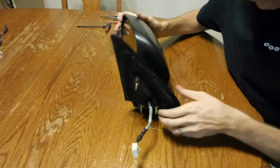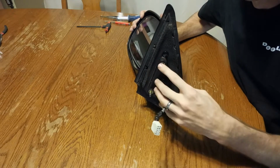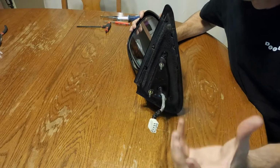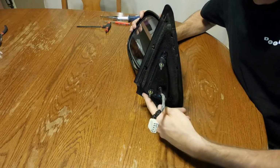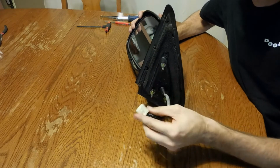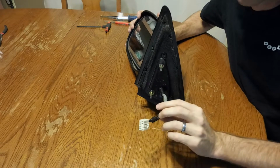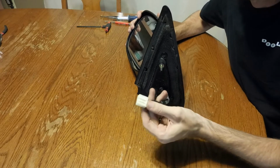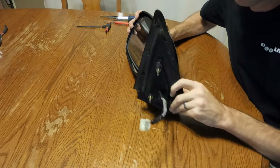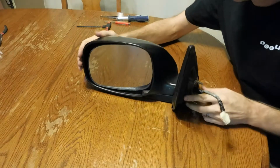To remove it from the vehicle, up on your door, right by the tweeter speaker, there's a little cover that pops off, and then there's three 10mm nuts that will come off. There's a connector. You kind of got to reach down behind the door panel a little bit. You do not have to remove the door panel, but you just push this little thumb piece and release the connector, and the whole mirror just slides out. So once you've got it on a bench,